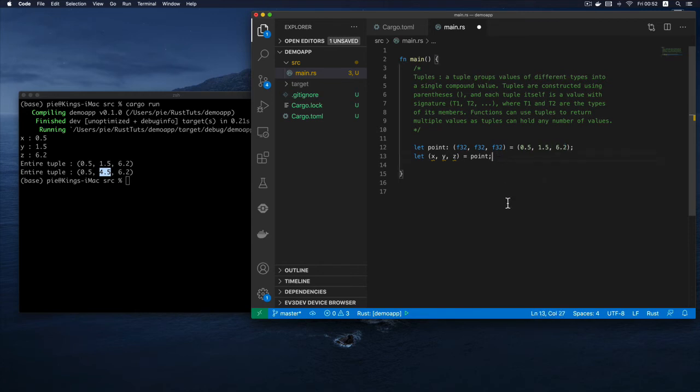And so now we can go ahead. I shouldn't have deleted my print statement, so we can go ahead and print them one by one. So I'll do println, and I'm going to do here x is equal to this, y is equal to this, and z is equal to this. Now I'm going to substitute them in place. So x, y, z, and this. Okay, so let's compile